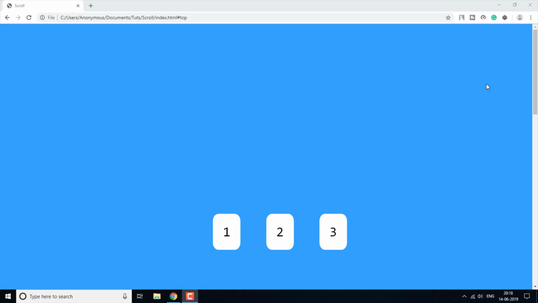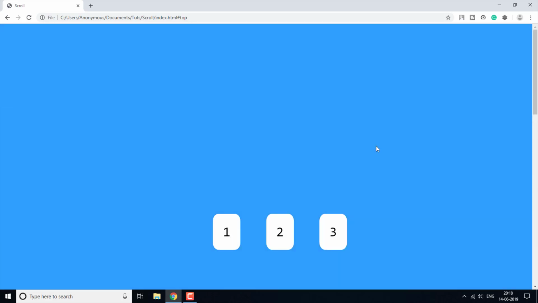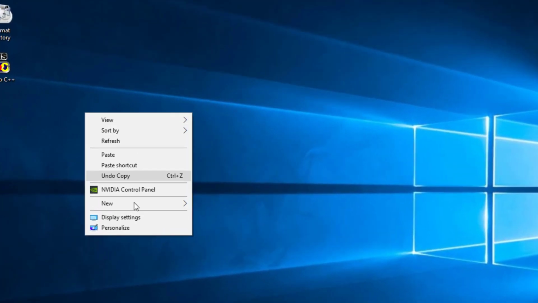In this video, I am going to show you how you can create this smooth scroll effect onto a web page, and we are going to do this by using just HTML and CSS. So let's get started. So now I'm going to create a folder,